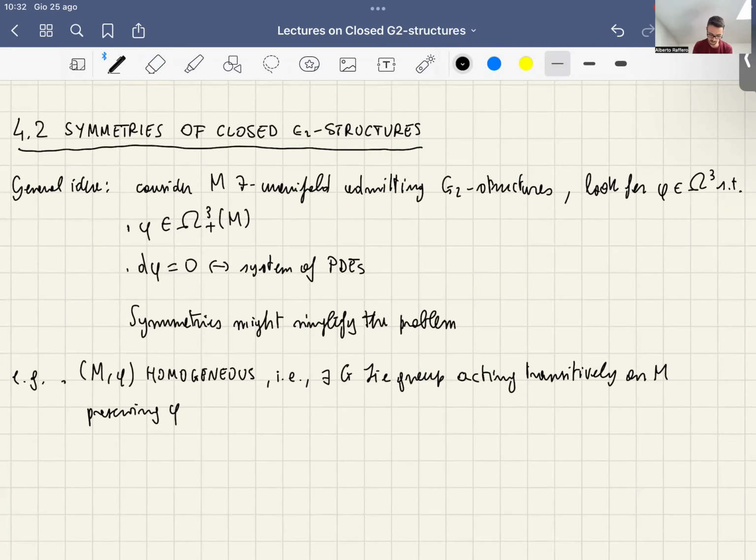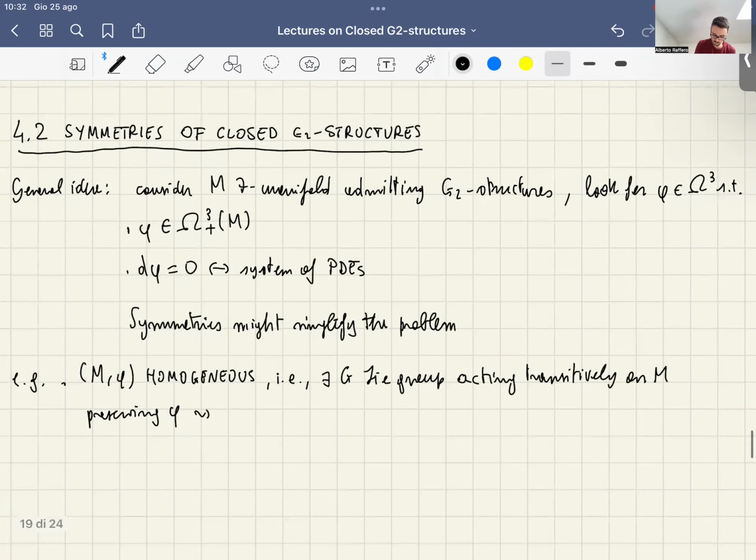In such a case, you have a presentation of your manifold as the quotient of G by some subgroup K, which will be the isotropy of this G action at some fixed point of the manifold,